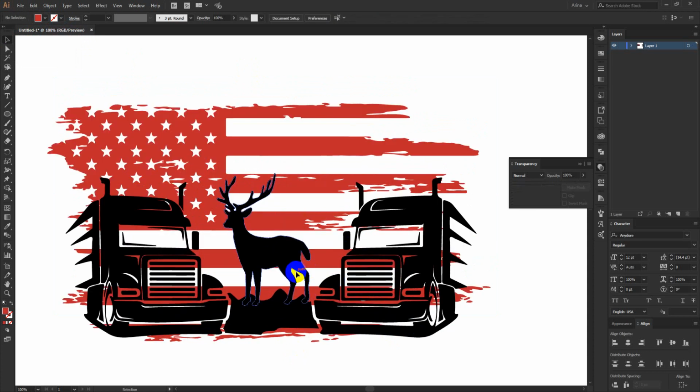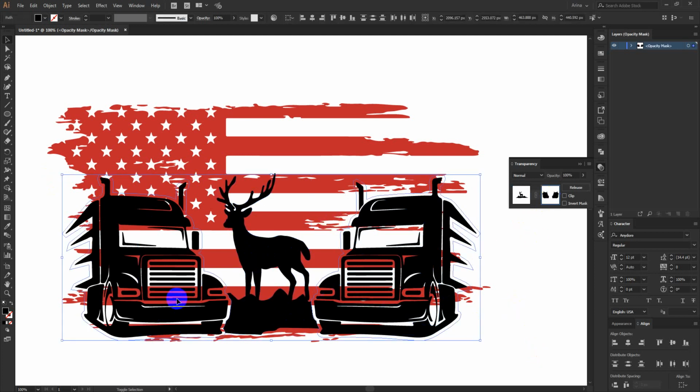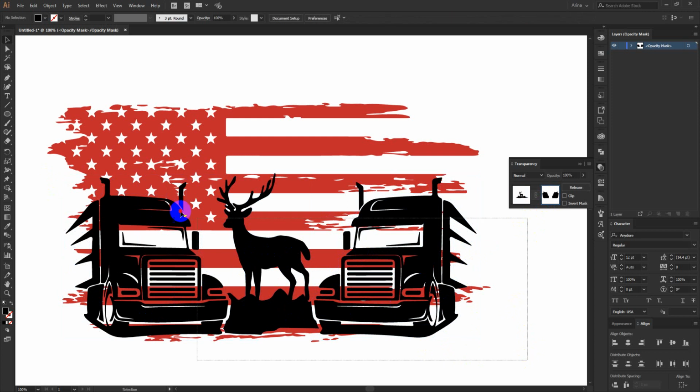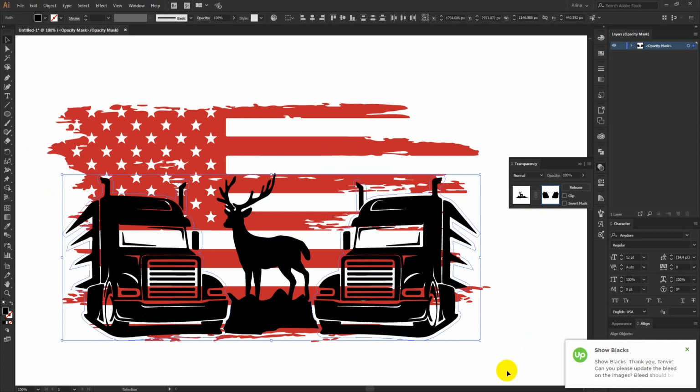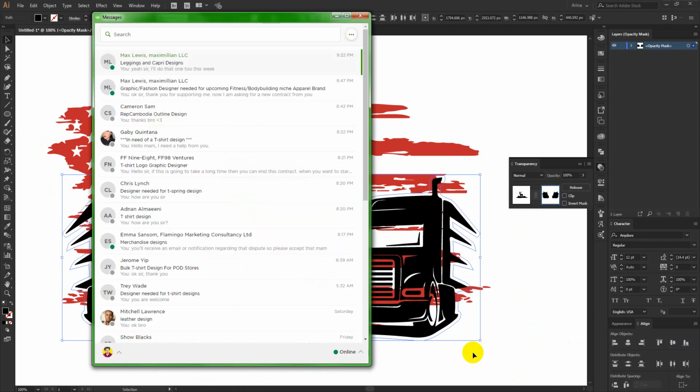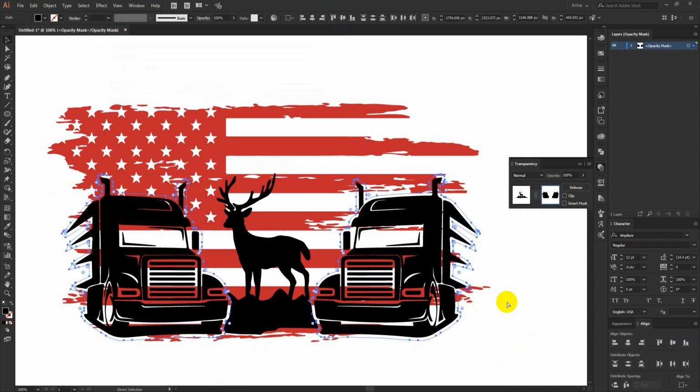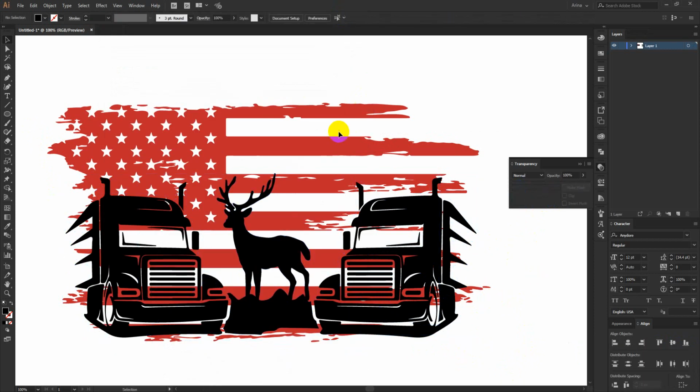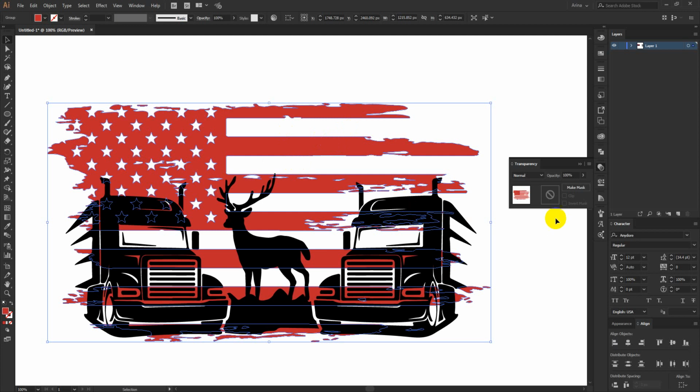For this truck I made an offset path and pasted it in this deer vector. If I go to this deer vector, I can find both trucks' offset path here. So I am going to select both of these. Okay, let's copy this. Here is my flag.